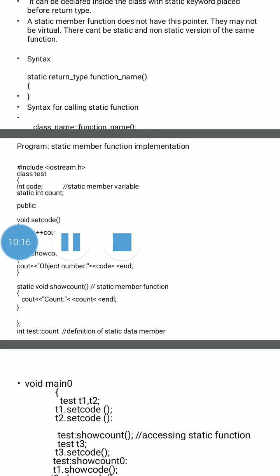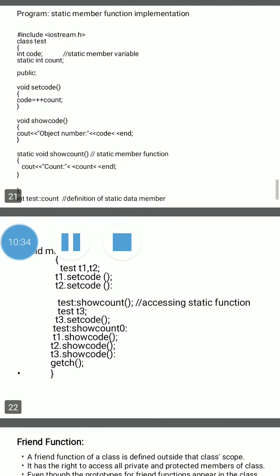But in the case of a static member function, we use the class name instead of the object name and the scope resolution operator instead of the dot operator, and then the static function name. Check it in an example, that is the static member function implementation.